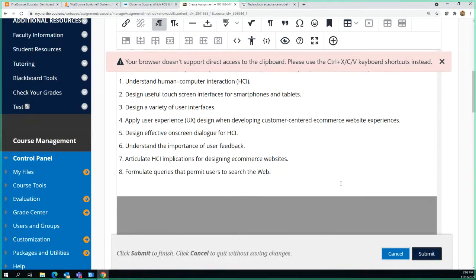If you have a web page, you've got to be careful. Even programs like Microsoft Office, when you hit help, they want to take you out to the web. You've got to be careful. It's not just formulate queries that permit users to search the web. That's not what we want.